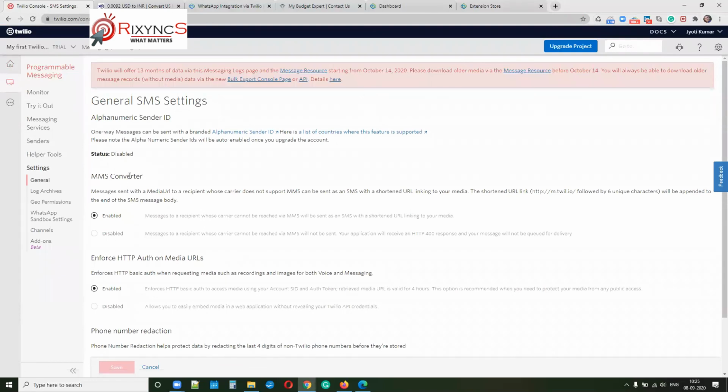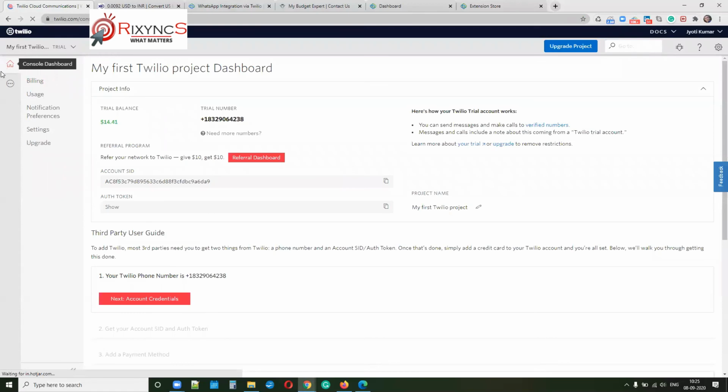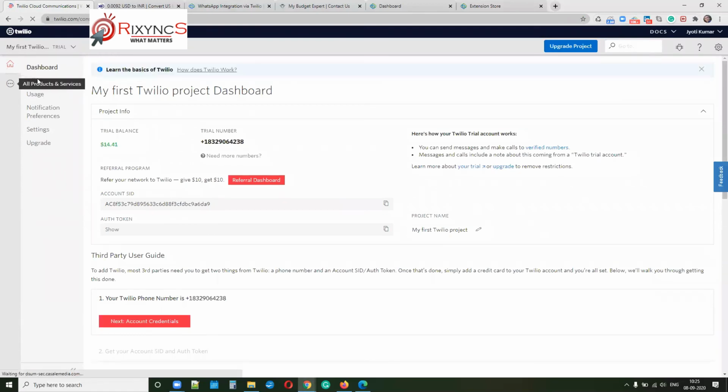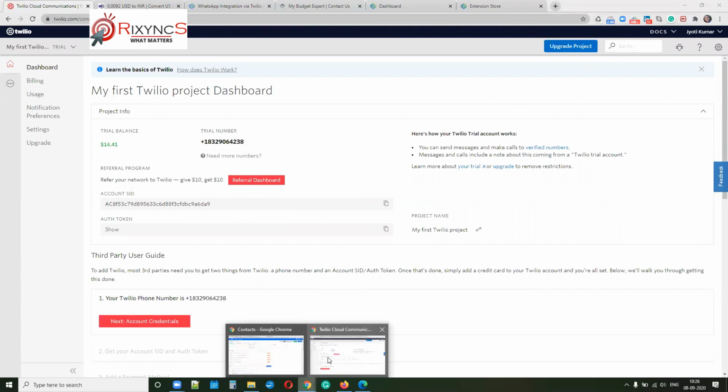Before sending, you need to know the pricing, because presently we are not charging anything, but Twilio is going to charge you for the SMSs which you are going to send. So I will show you the present pricing.